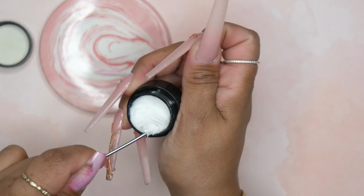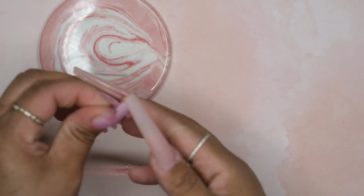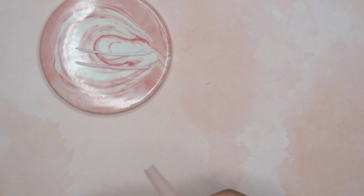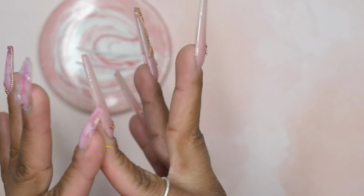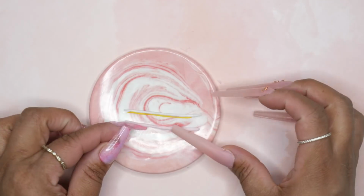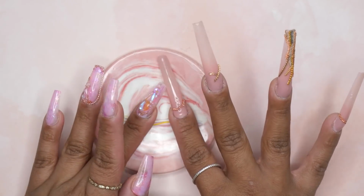And I also have one from Mia's Secret. They're like 3D modeling, I don't know what they're called, whatever. Anyway, like I was saying, I took a little bit of each. I took some pink, some white. I took two different kinds of pink, one like a lighter pink and a darker pink, and I rolled up